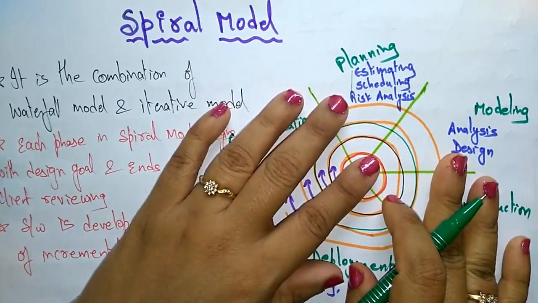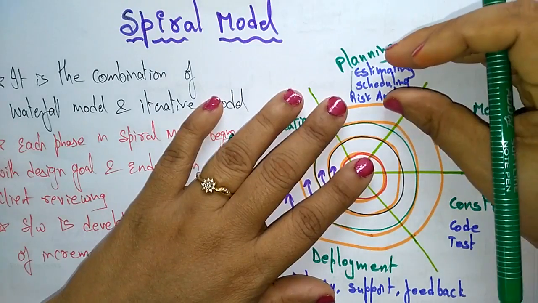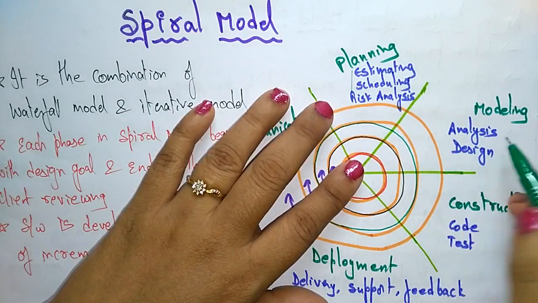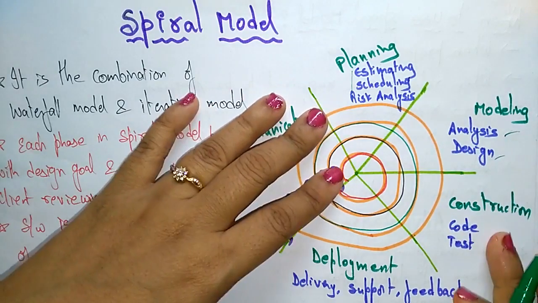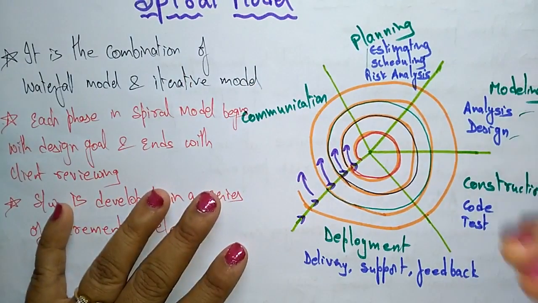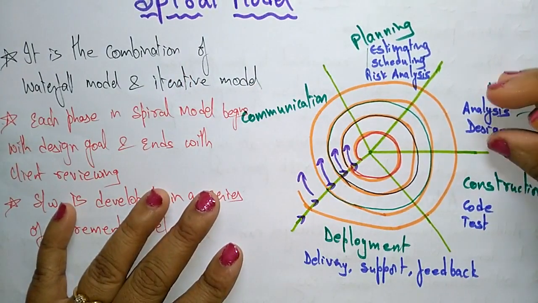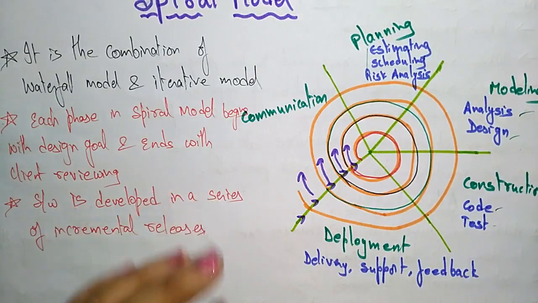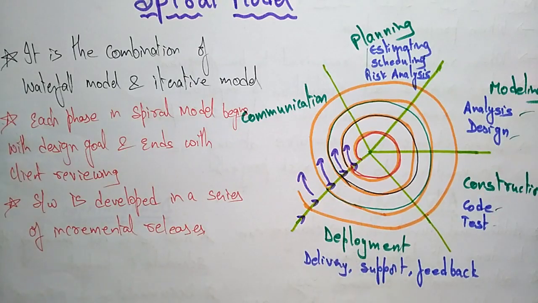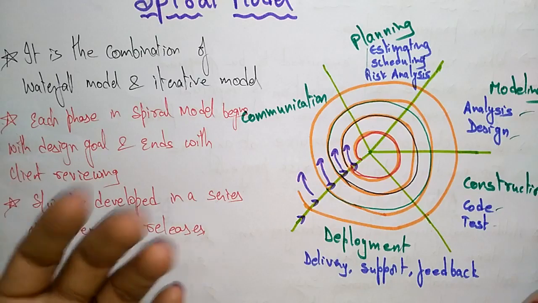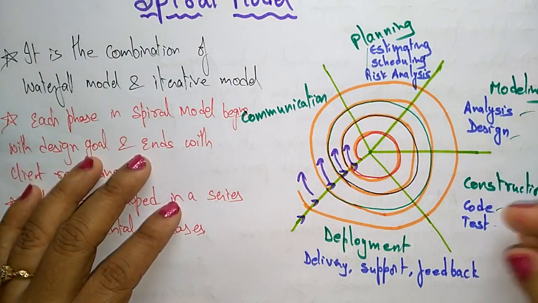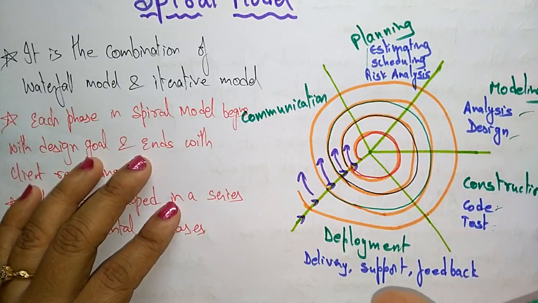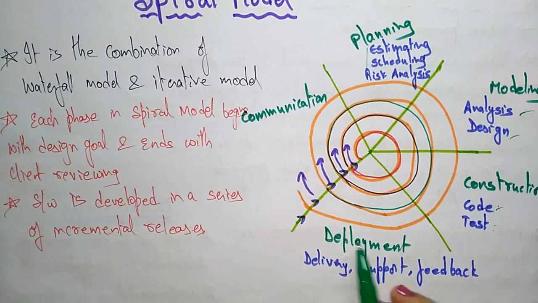After planning we have to model, which means the design. Once the documentation is ready, we design it in a pictorial representation, that is the modeling. In modeling you come across the analysis phase and the design phase. Whatever documentation is there will be represented in diagrammatic form. After that I have to construct, and construction comes under code and test. I have to write the code for the project, and after writing the code I have to test whether the product is a success or not. Code and test come under the construction phase. After construction the project is ready, so I have to deploy it. That is the deployment phase.